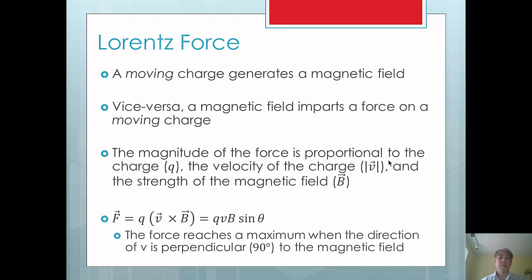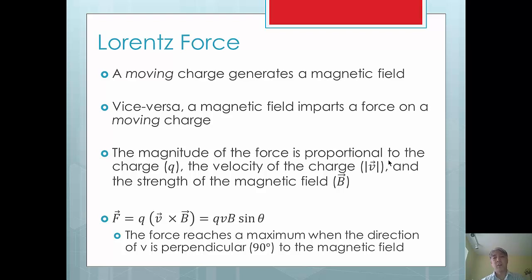It's one way of multiplying two vectors together. The result is another vector, but really we're not going to worry about the direction. What we're going to worry about is the magnitude. If I'm just concerned with the magnitude, then it's Q, the charge, V, the magnitude of velocity, B, the strength of the magnetic field, times the sine of theta, where theta is the angle between the velocity